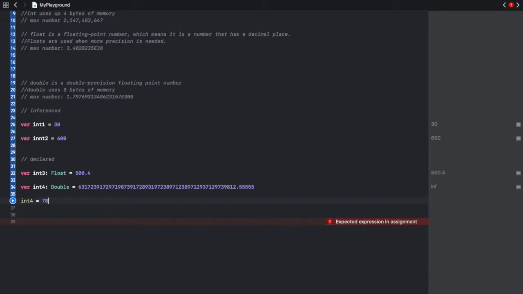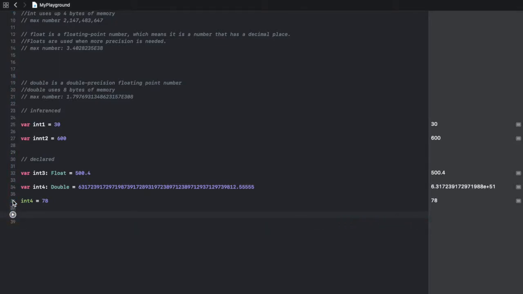So we're going to put 76, which is a double because a double is basically any number up to its maximum, which this does fall into. However, if we were to make this an int